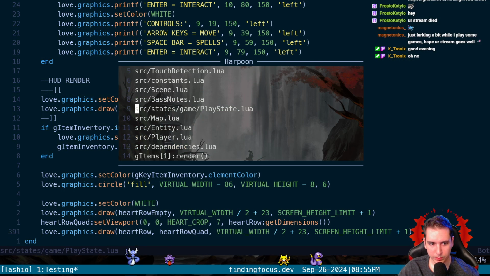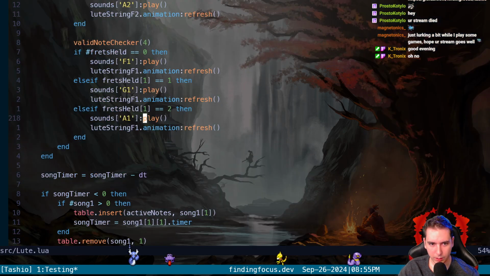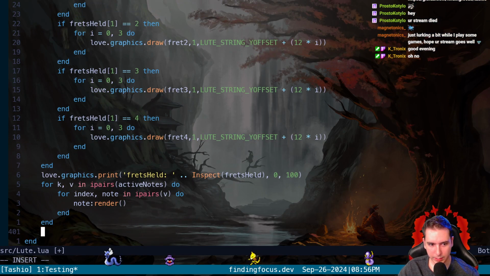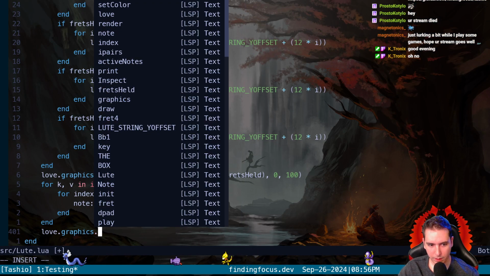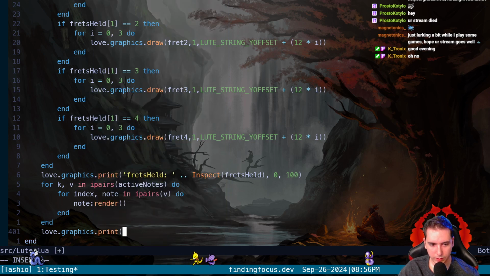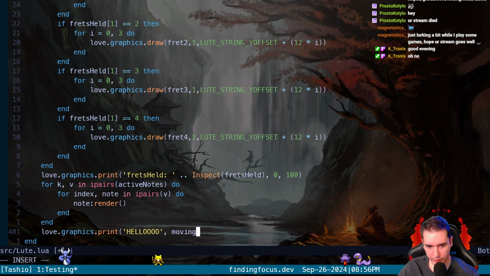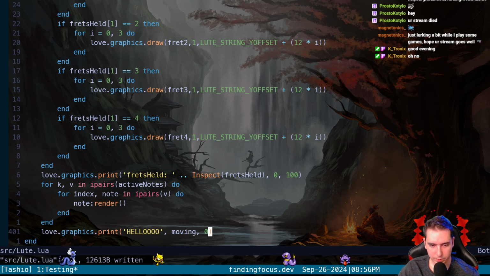So if we were to go into our Lute state and say, the last thing we're going to do is love.graphics print. We're going to say hello at an x of moving, which is a local variable we'll make, y of 0.